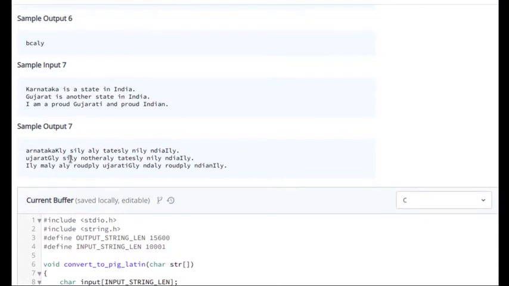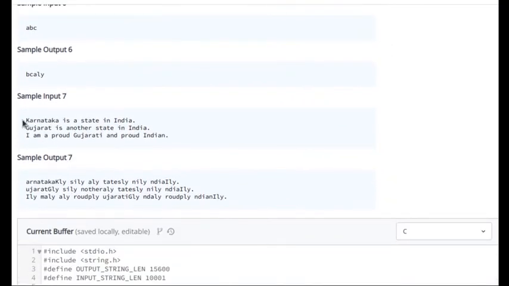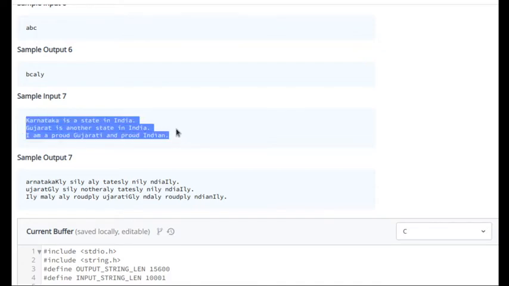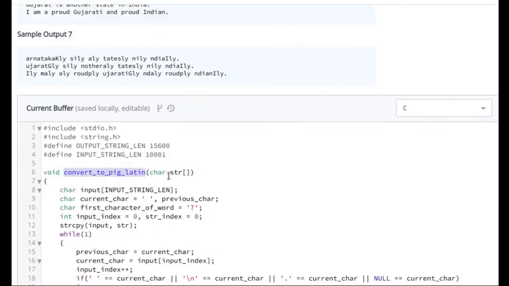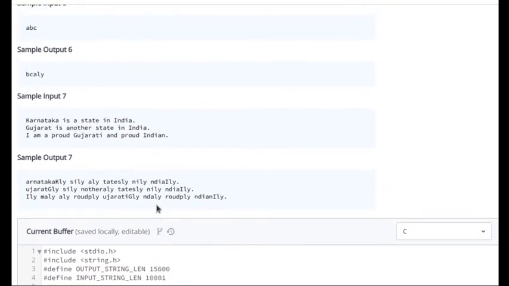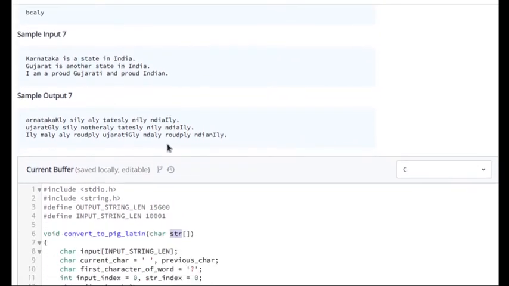So before we jump into the code, what do we need? We need some string to scan, and then we will pass the pointer to the first character of that string to the convert to Pig Latin function in str, right? We expect that this function will convert the string pointed to by str, starting from the address stored in str, to the output string.